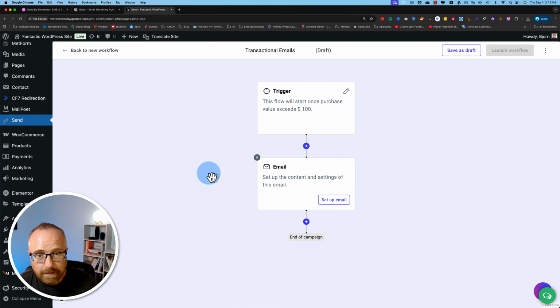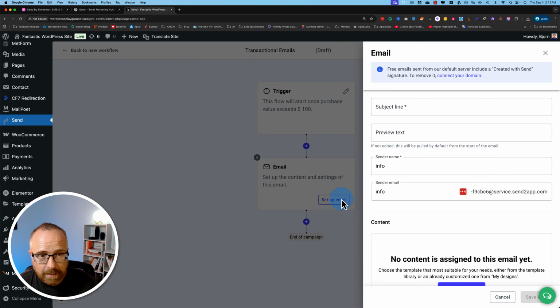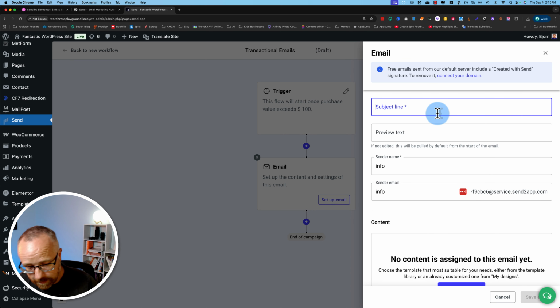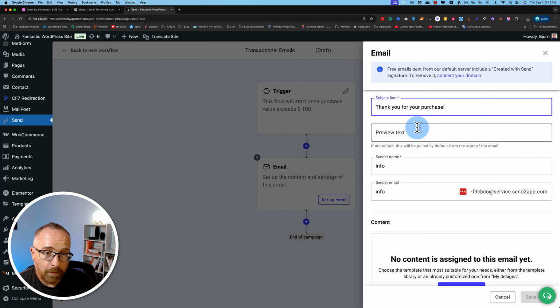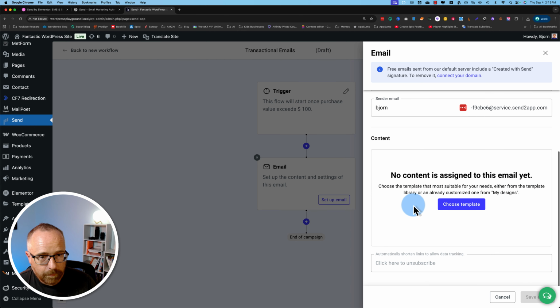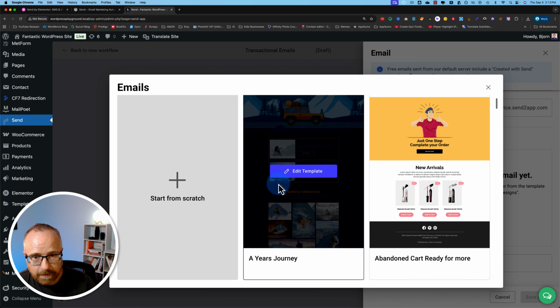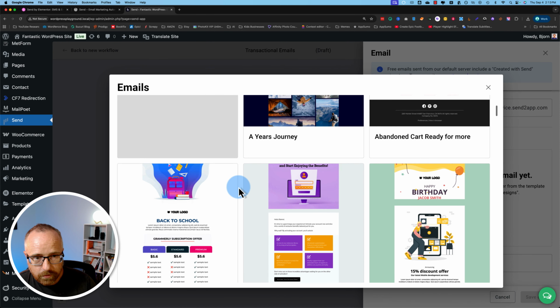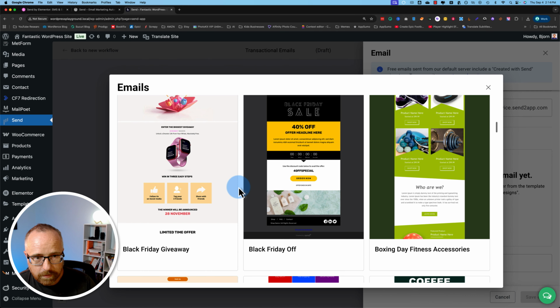Let's choose email, set up email, subject line, thank you for your purchase. You'd use this sort of trigger and workflow for people who purchase a lot, who you want to have more of a white glove service maybe. Maybe they get extra perks because they bought more, that kind of thing. We really appreciate it. And for the content, I'm going to choose a template, and there's lots of templates,